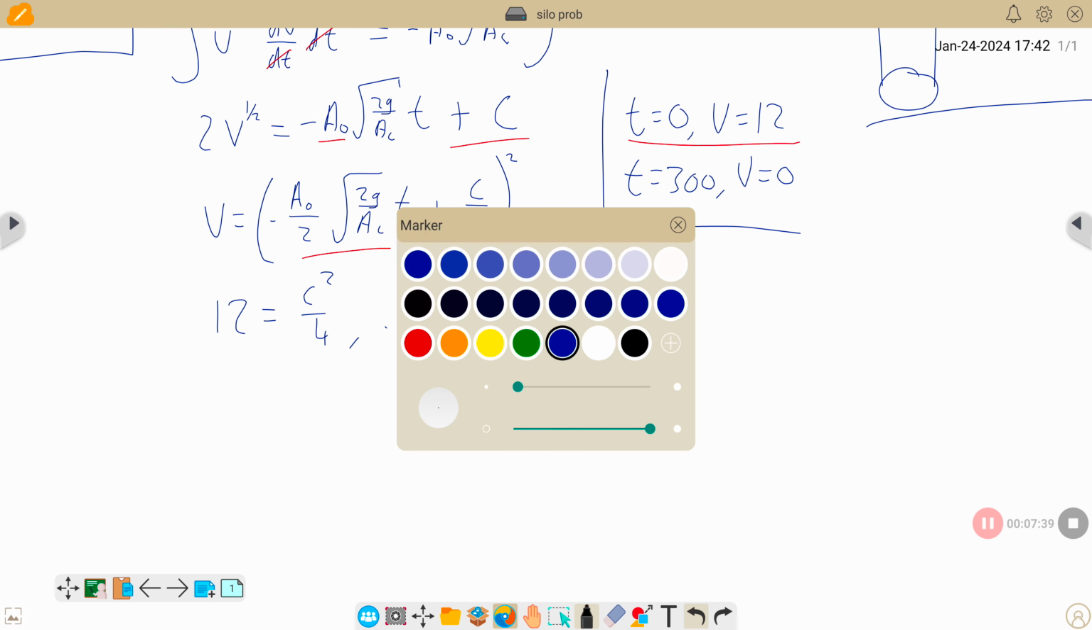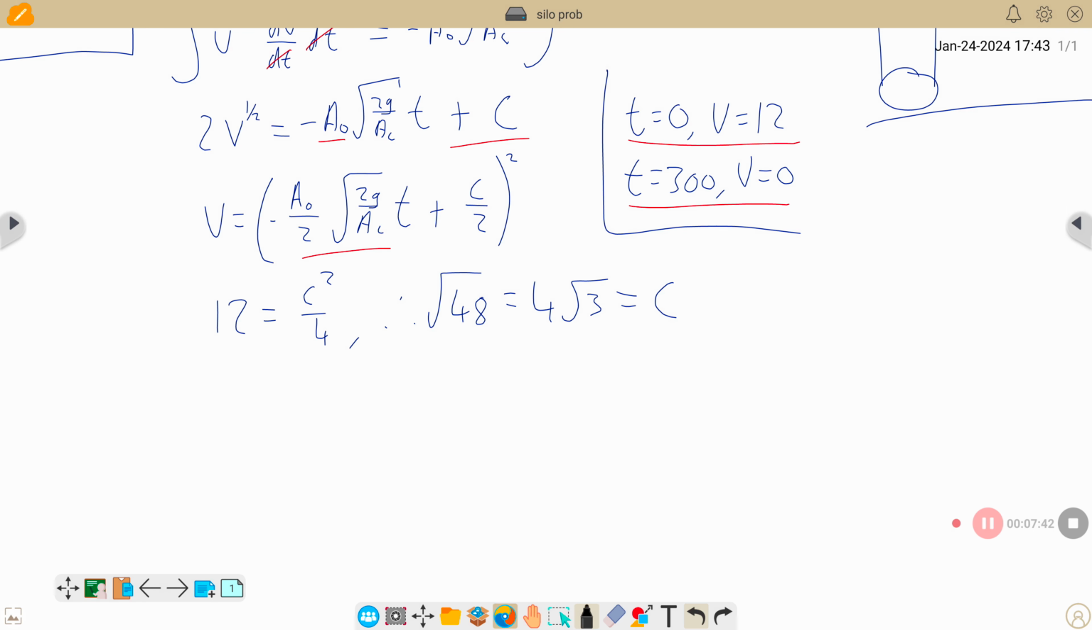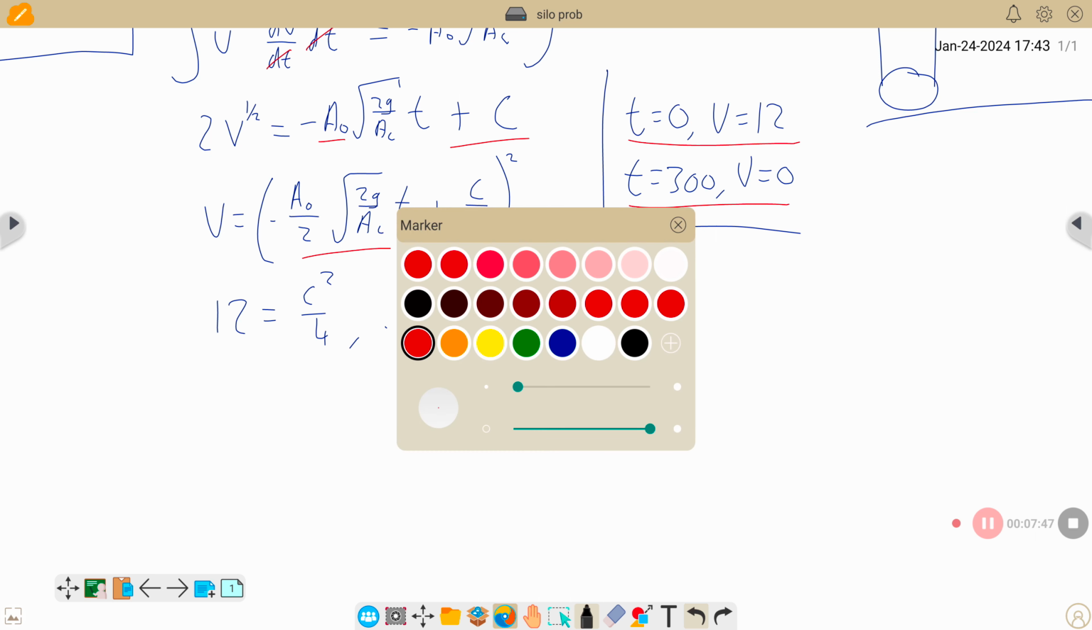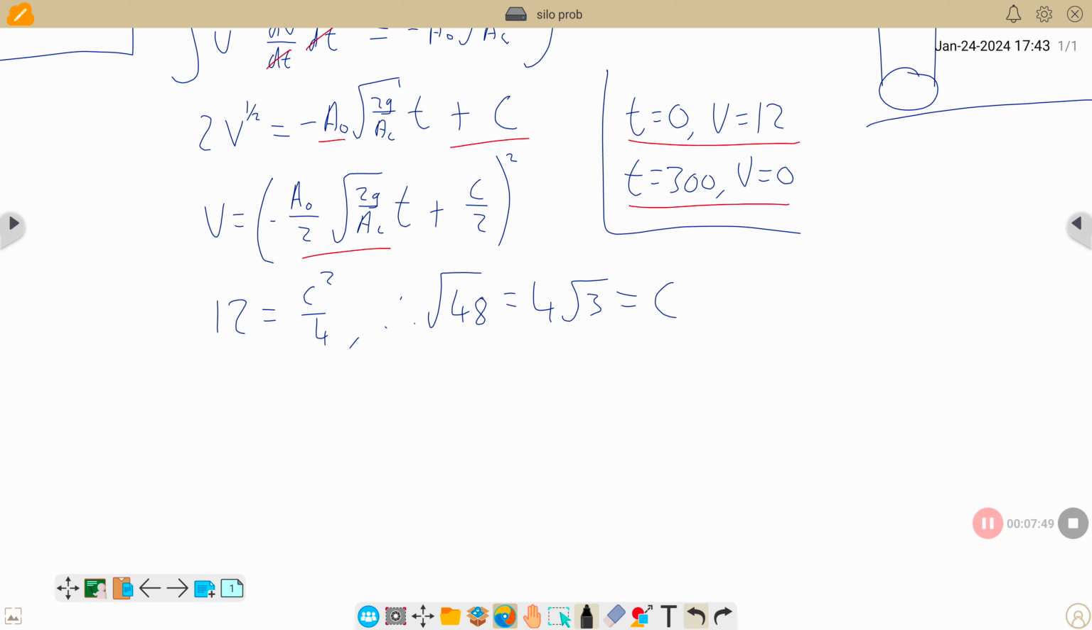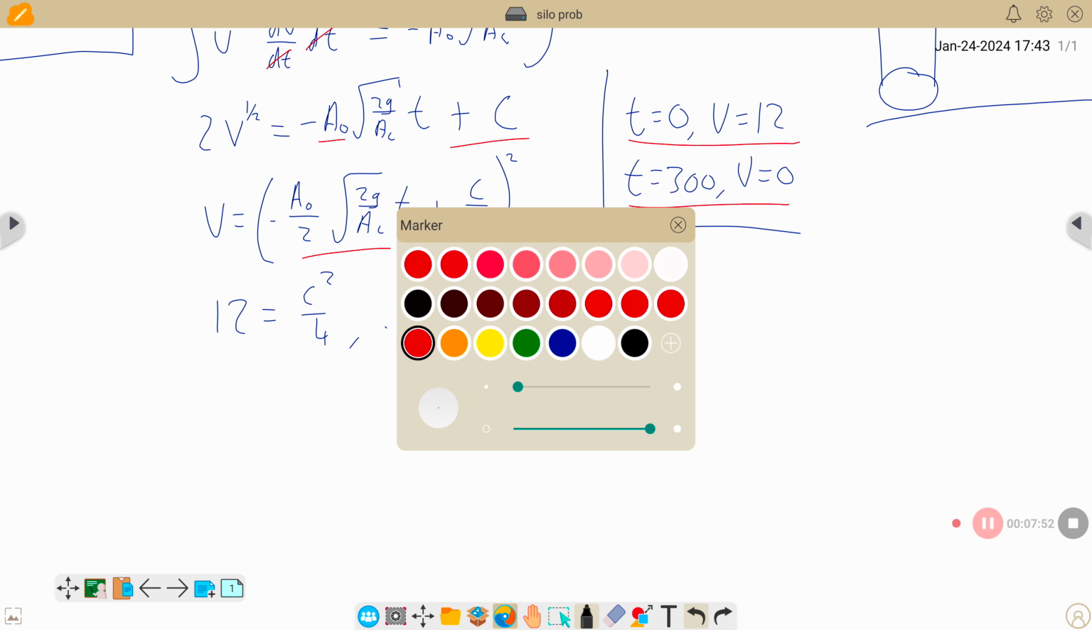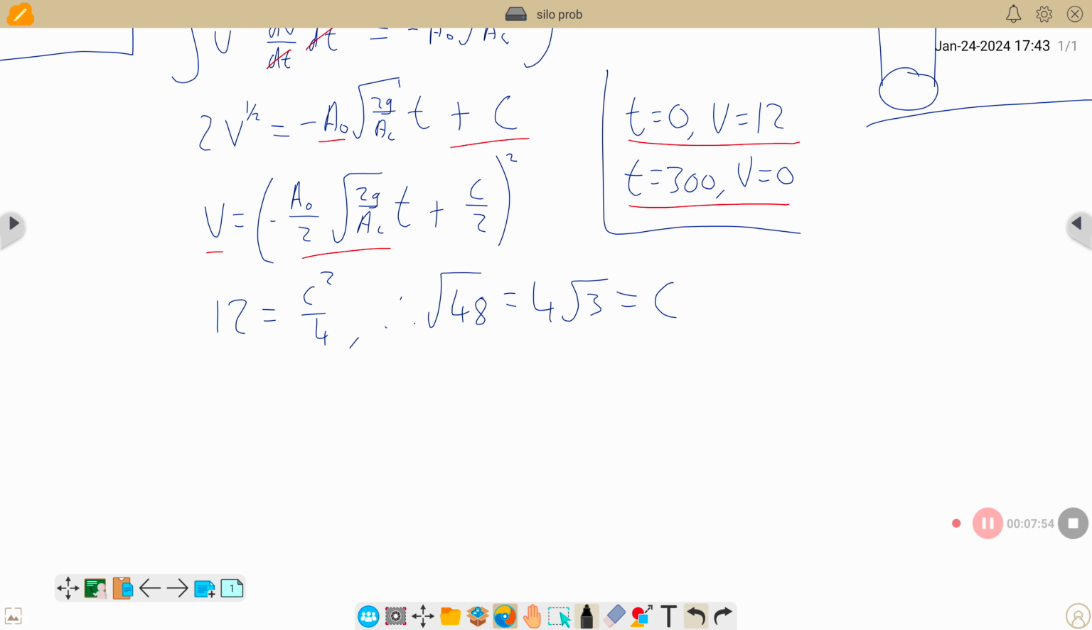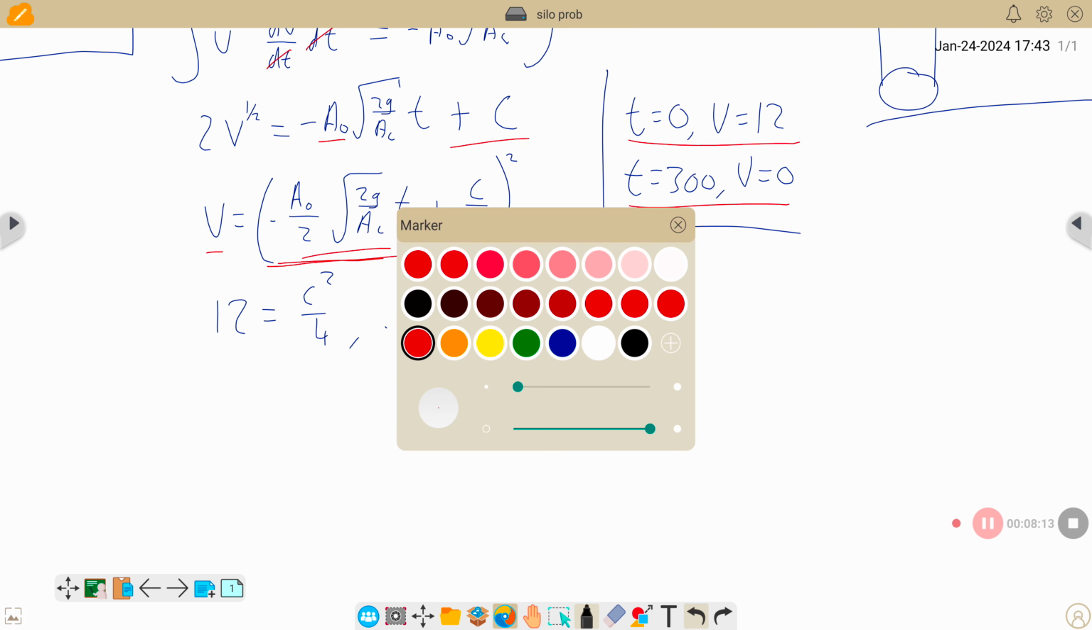Let's have a look at my second boundary condition here. So t is equal to 300, v is equal to 0. Well, if v is equal to 0, then imagine this v here turning to 0. Then that makes this whole right-hand side equal to 0 here. And we can equate this minus a0 over 2 root 2g over ac times t to c over 2. So I can say down here,